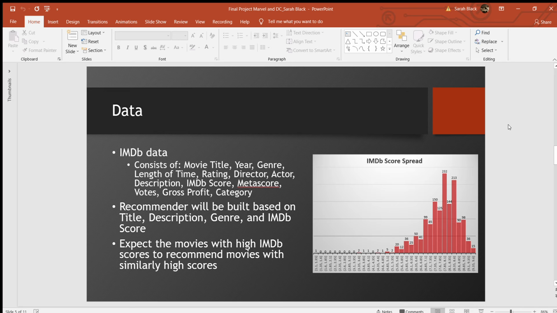And so over here we have just a quick overview of what our IMDb scores look like, just to see where our scores are heavily centered, if we have a specific score that's always appearing, and it looks to be that most of the movies score pretty highly amongst each other. They're all very grouped together, with a few in the lower left scores. So the ideal goal would be that those lower left scores will not recommend movies with higher scores, but the similar scored movies would recommend one another.